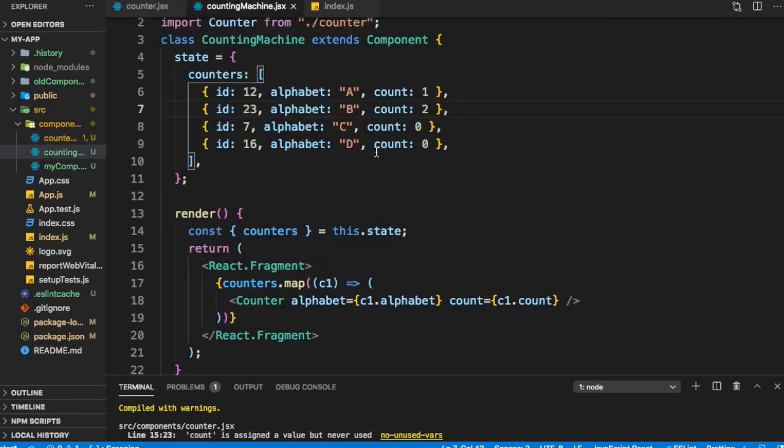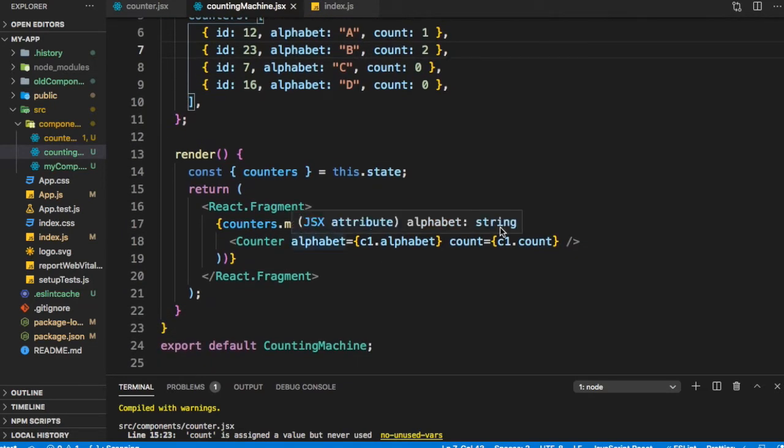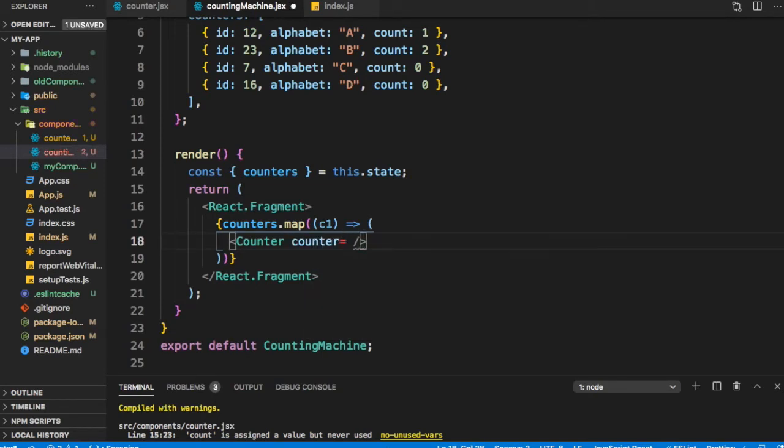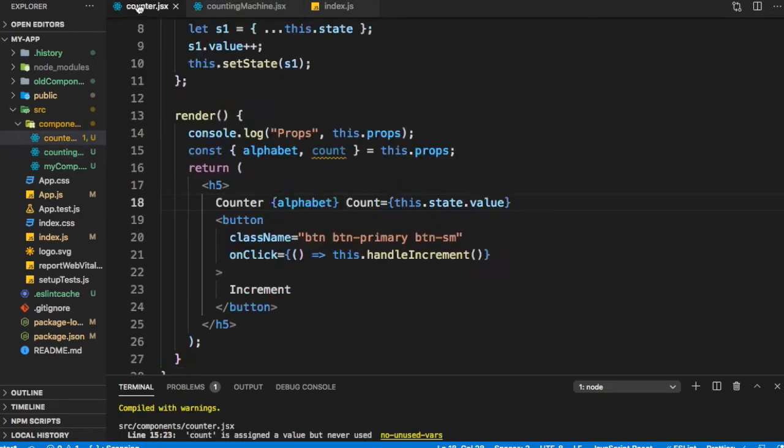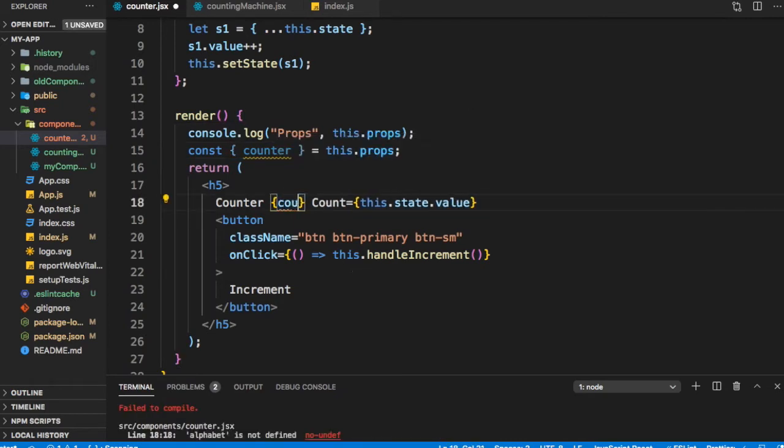The other thing we could have done, instead of passing all these fields individually, is pass the whole counter. So I could have just said counter is equal to C1. So this whole JSON object is being passed as a prop, and then we could have said counter is equal to this dot props, and this would have been counter dot alphabet.